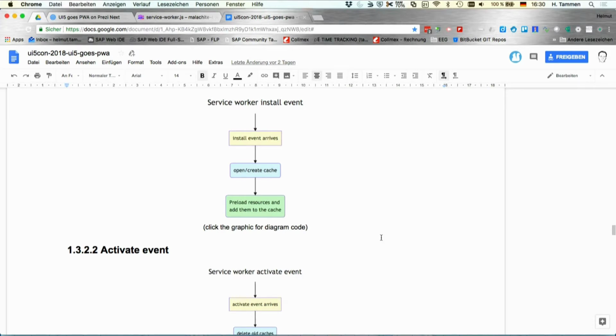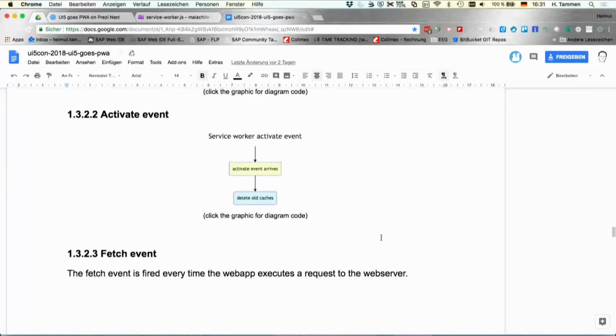It's a service worker owned cache. It does not have anything to do with the browser cache. That's separate. Then after it opened the cache, it preloads resources that should be cached into this cache, and that's it. Then the activate event arrives,